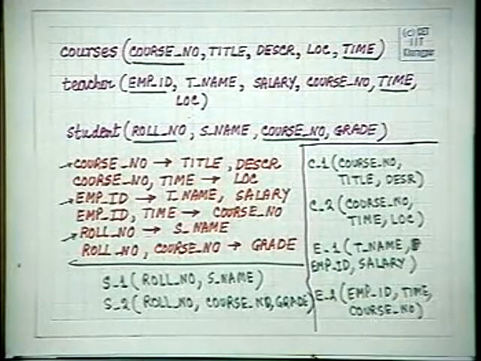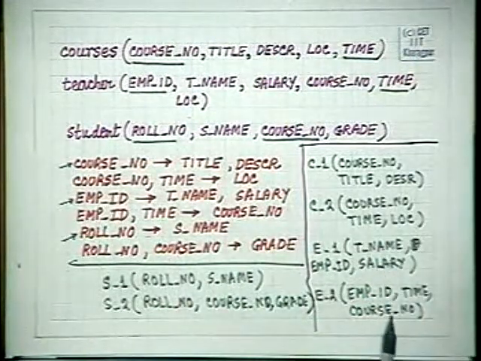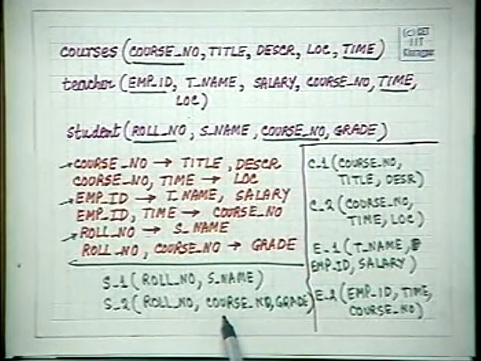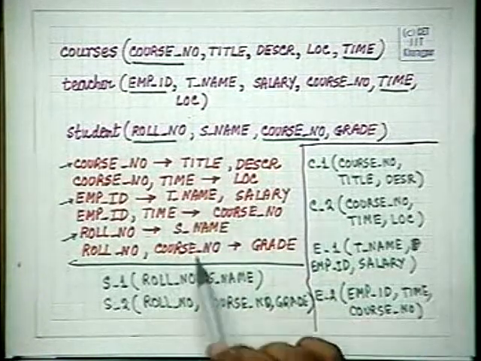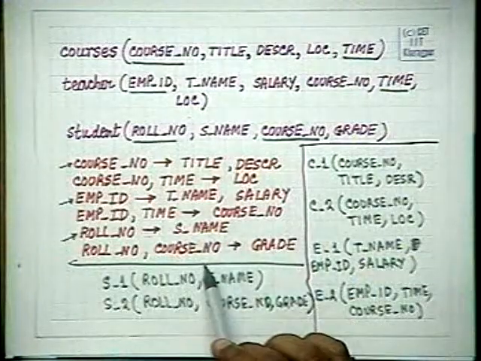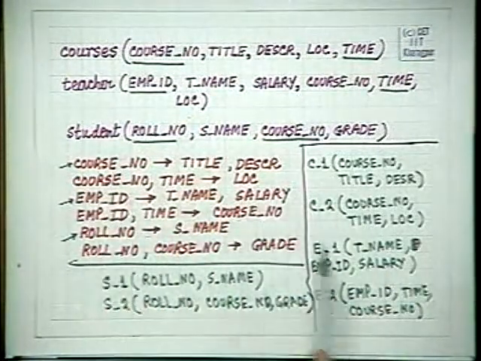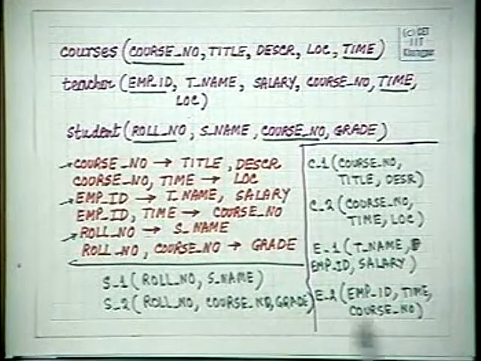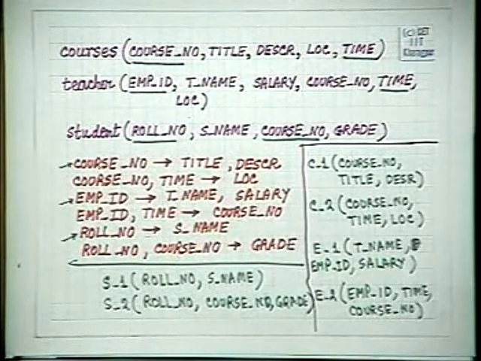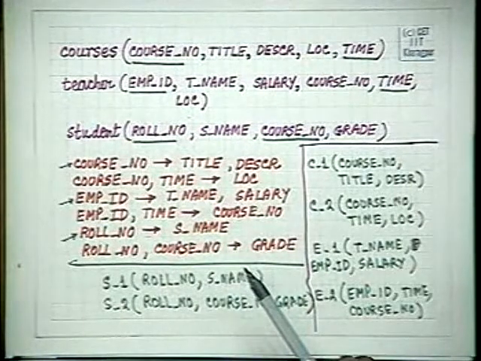Now, we have got 6 relation schemes, and if we check, we will see that each of them satisfies the BCNF form, and it is a lossless join decomposition because we have applied our BCNF algorithm, and fortunately this one is also a dependency preserving one. This is also a dependency preserving one, because this one can be checked here, the second one can be checked here, the third one can be checked here, the fourth one can be checked here, the fifth one can be checked here, and the sixth one can be checked here. We have to check only these or any canonical form needs to be checked, because that implies all the others.